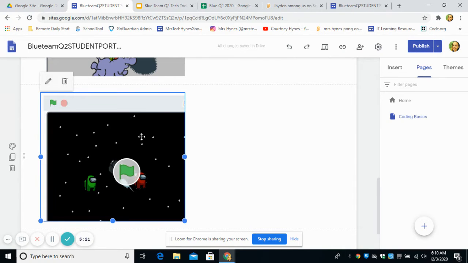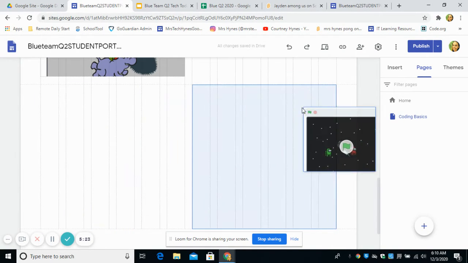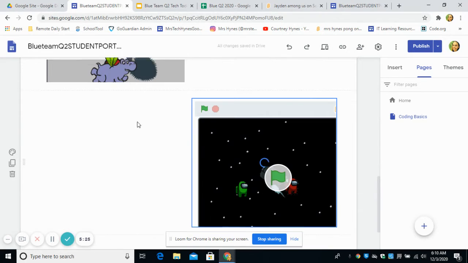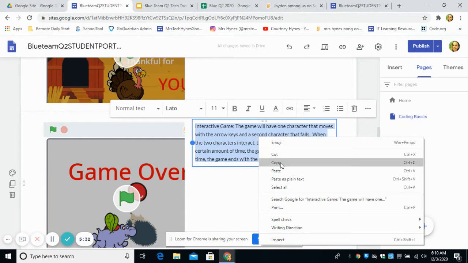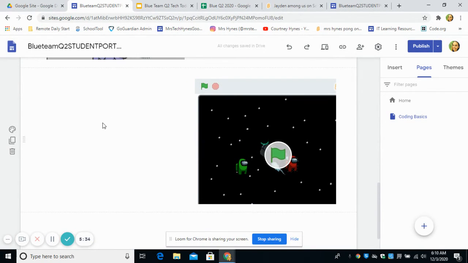Okay, this might take a second to load, so I'm going to drag this over here. You can drag it wherever you want, and I'm just going to add a text box. So I already had kind of what I wanted to write, so I'm just going to copy this, and you can type it all out. But basically,